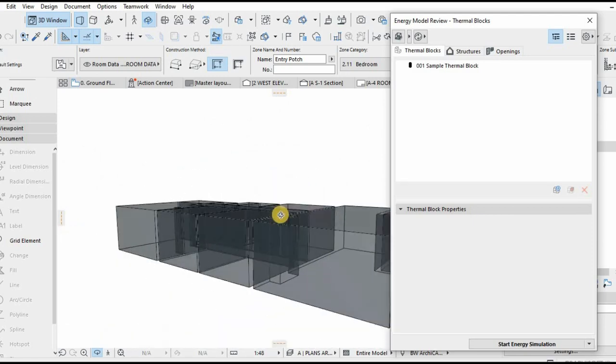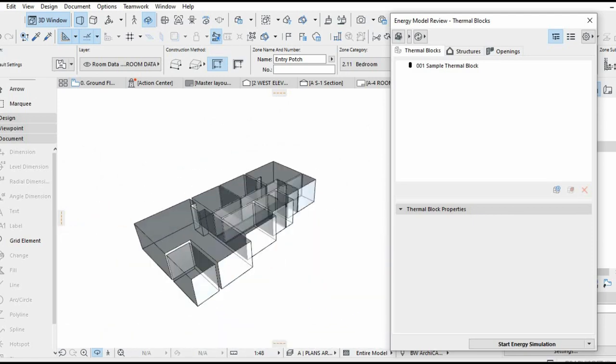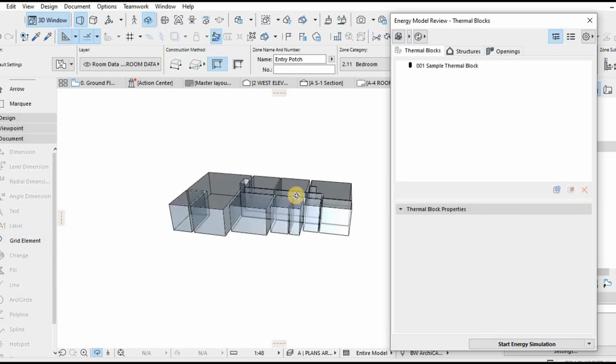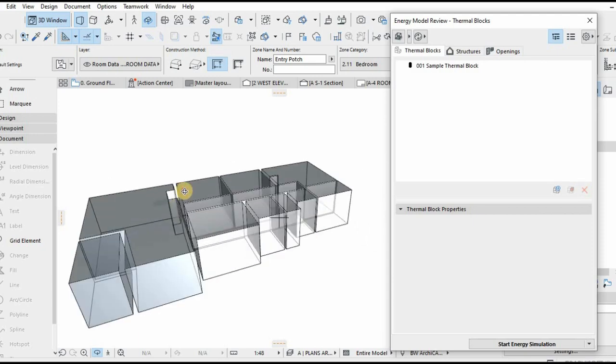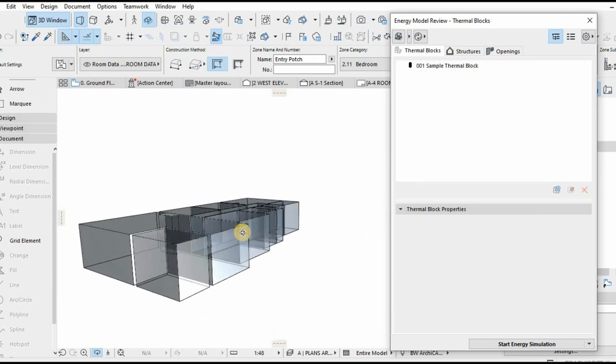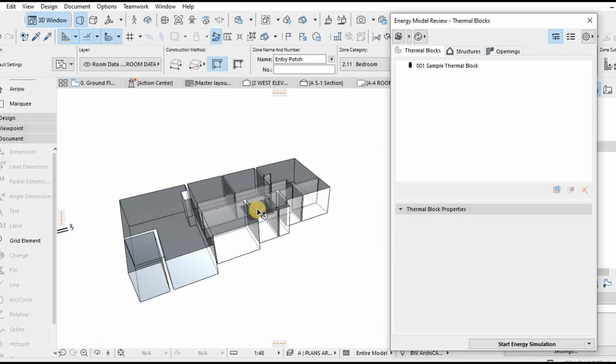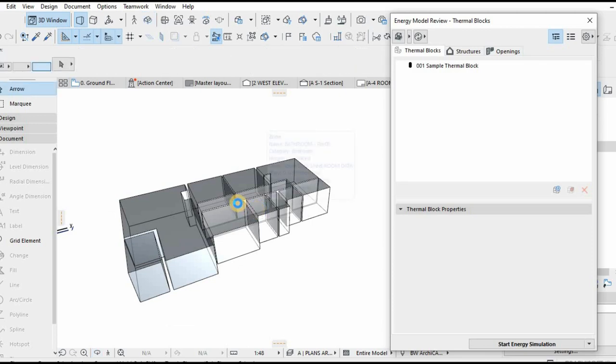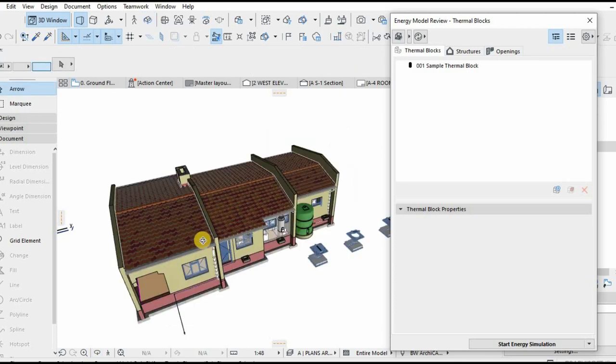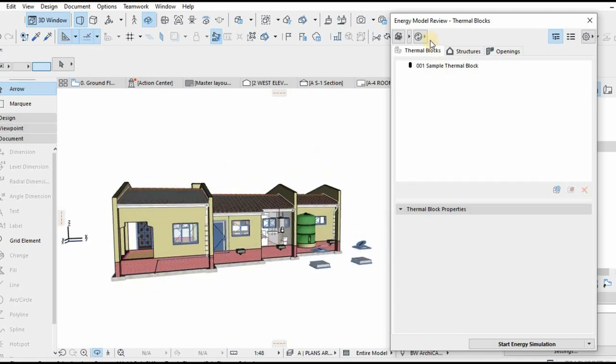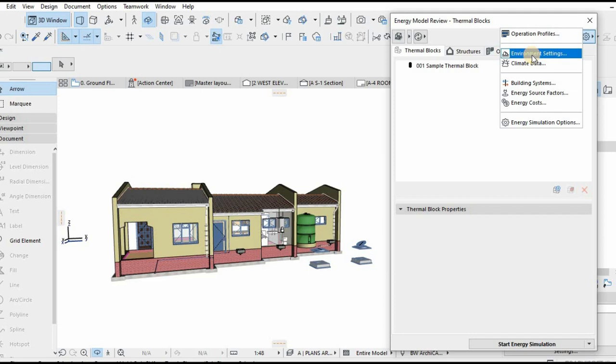This is starting to build up into an energy model. So we have to insert data now into our energy model. How do we do that? For example, let's start by going to